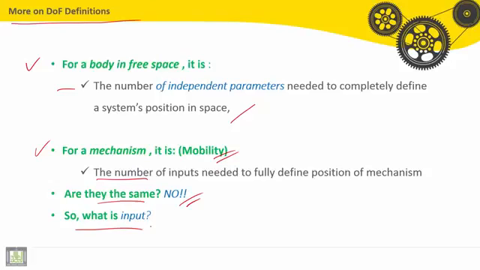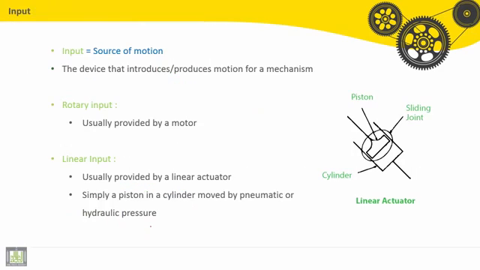So what is input? Let's see here. Input is a source of motion. So the device that introduces or produces motion for a mechanism. Two types there are for input. Rotary input, usually provided by a motor, or linear input, usually provided by a linear actuator,